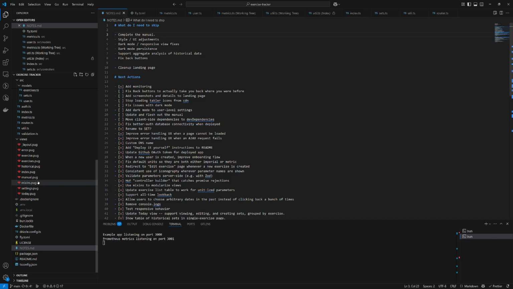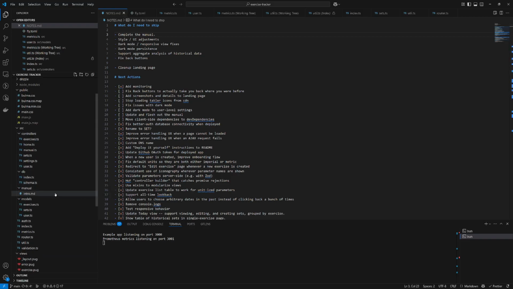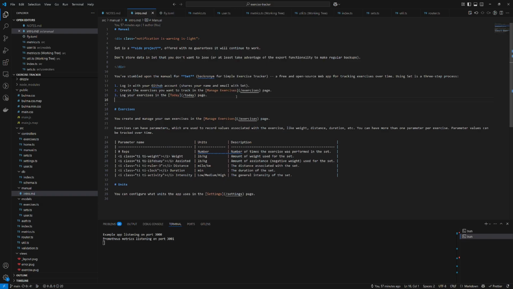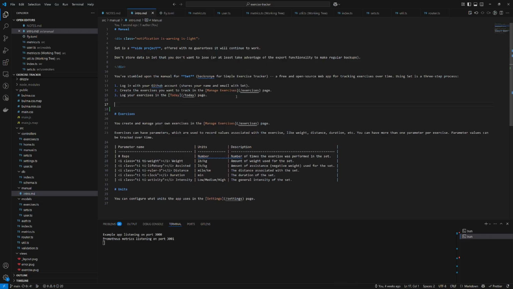What I could work on maybe is the manual. So maybe I'll spend some time on that and then we can call it a day. Okay, so I did do some updates on the manual already. Kind of giving a quick introduction. So log in with your GitHub account, create your exercises that you want to track, and log your exercises. And then I would say like,